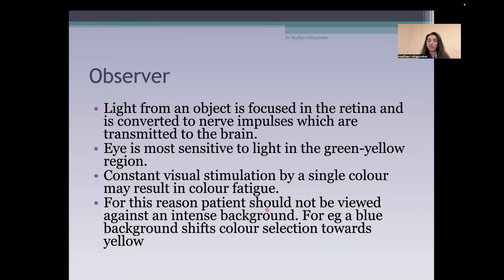Also, because of this reason, patients should not be viewed against an intense background. For example, a blue background shifts the color selection towards yellow because blue is the complementary color of yellow. So when you stare at a shade for a long period of time, you can look at neutral blue operatory walls and then come back and do the shade selection.